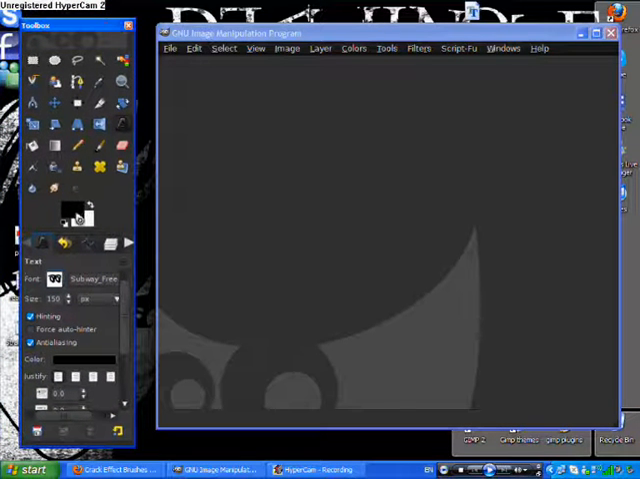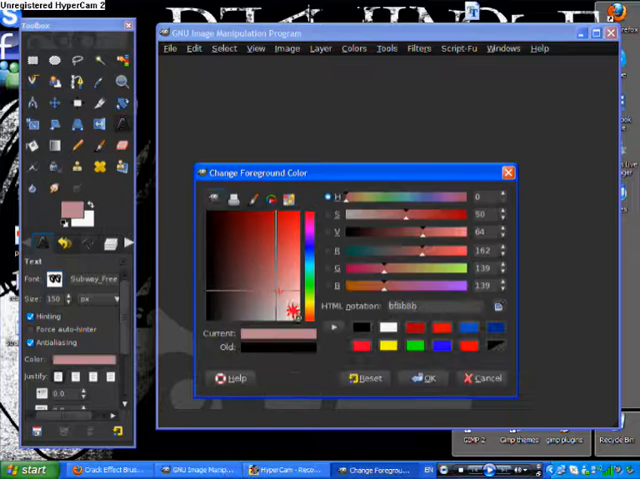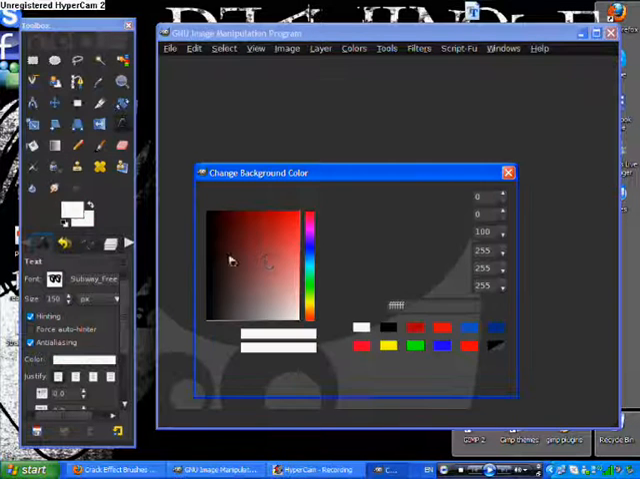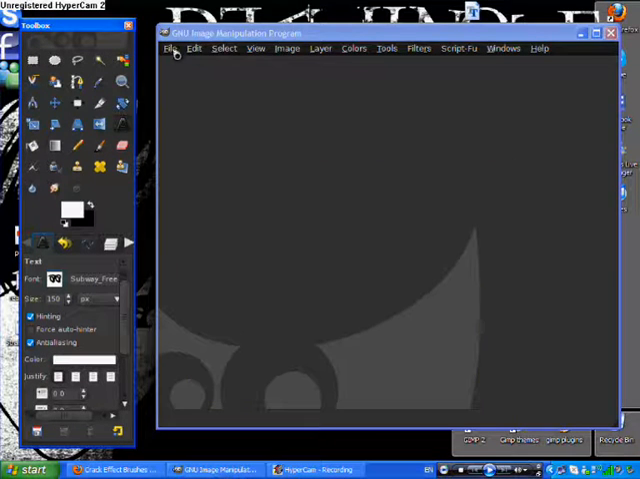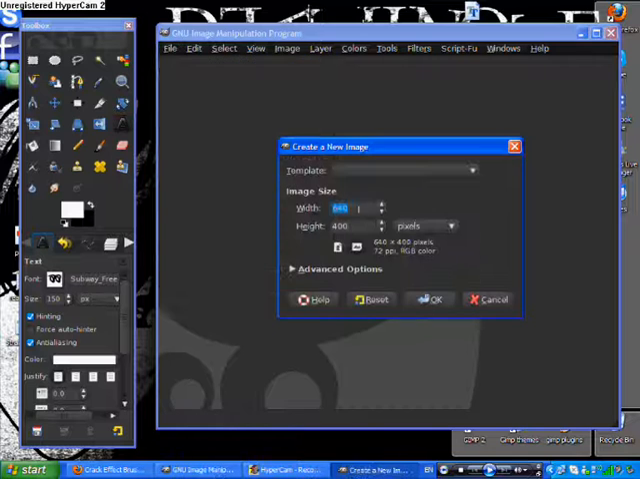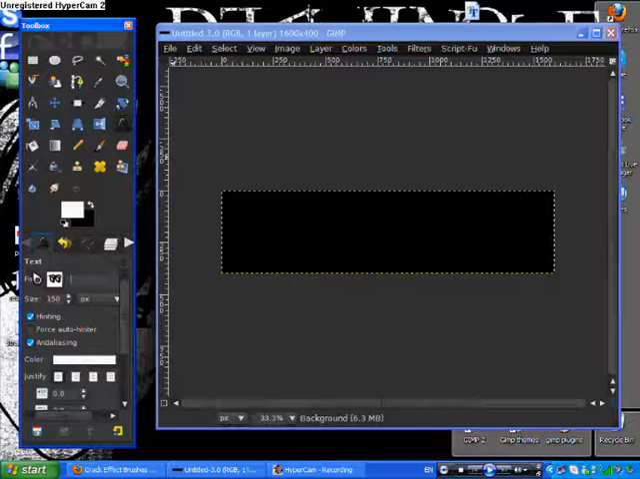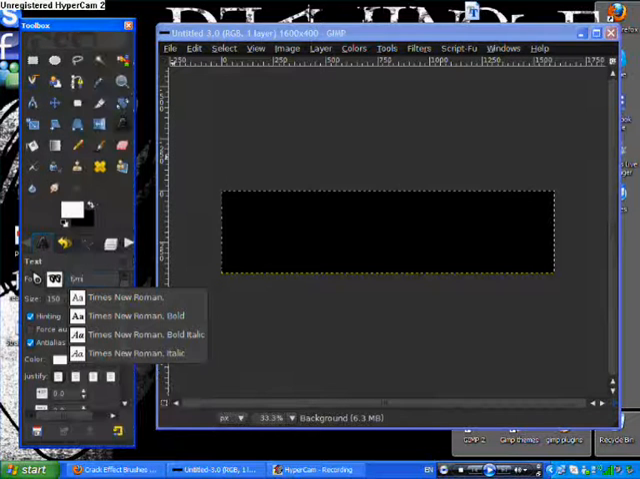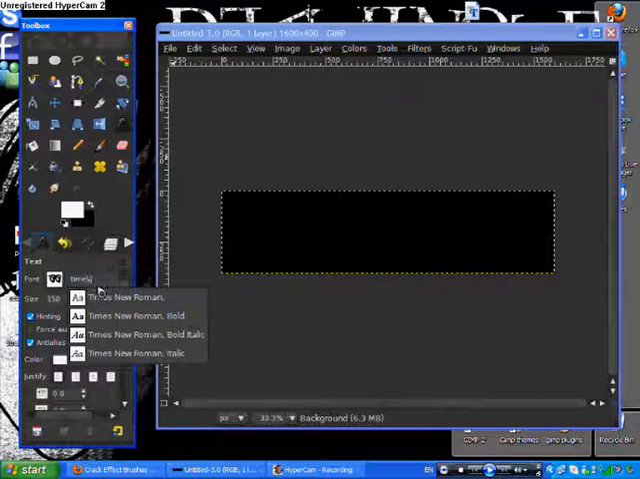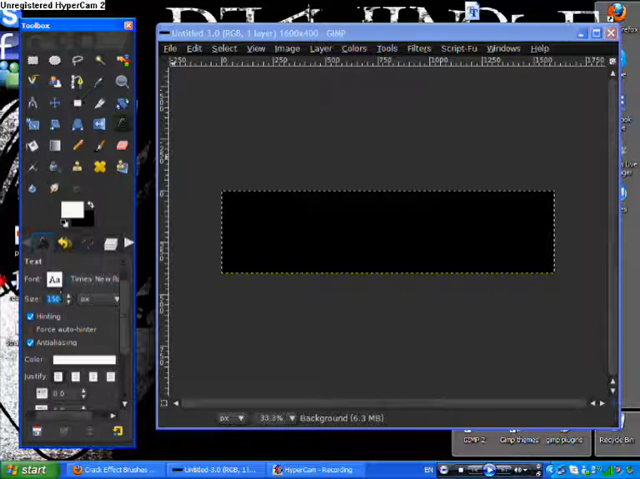Now the first thing we're going to need to do is set your foreground color to white and your background color to black. Now we're going to go File, New, and we're going to change this to 1600. That's a pretty good size for it. And then we'll get our text tool, and we're going to switch this to Times Roman, size 200,